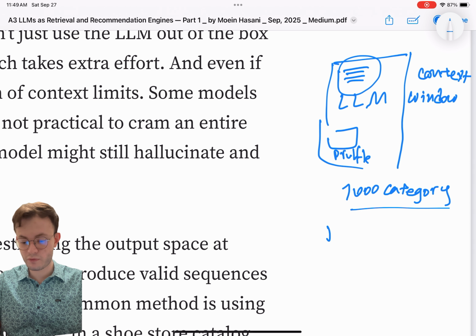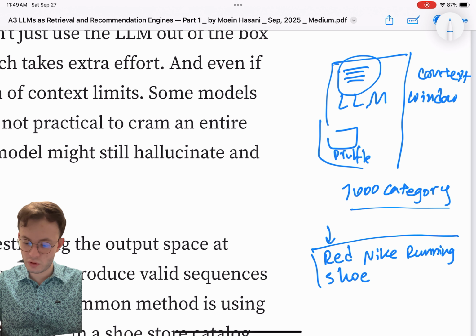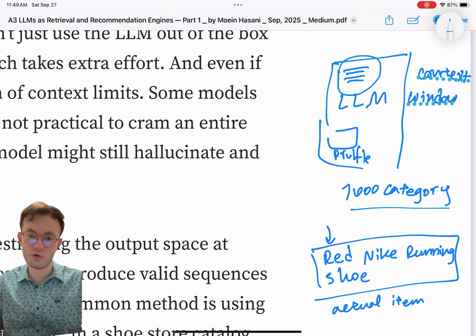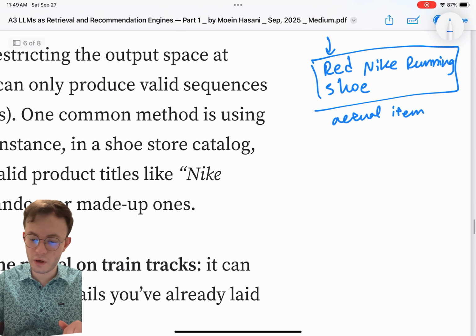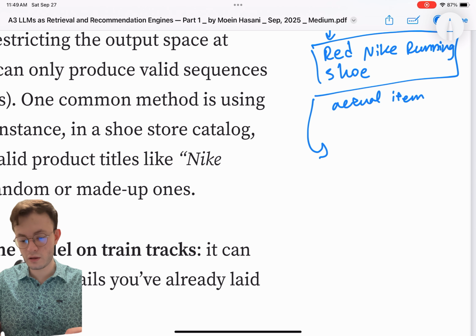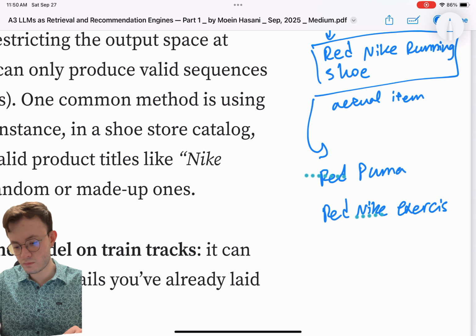The problem is we have a red Nike running shoe, which is an actual item in our database. If you go and look for this item, you'll find it. But what if the LLM starts saying something like red Puma, or even red Nike, but instead of running it says exercise, right?